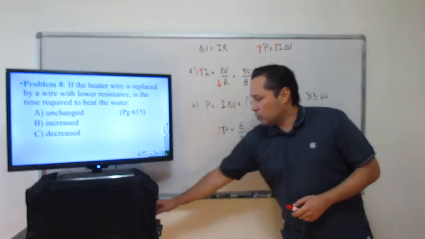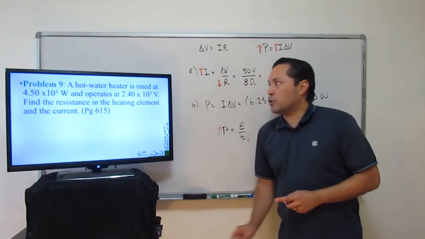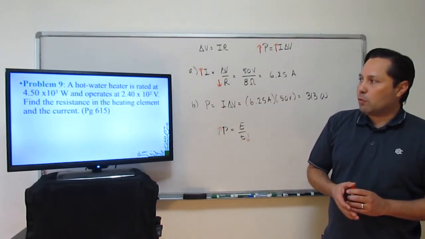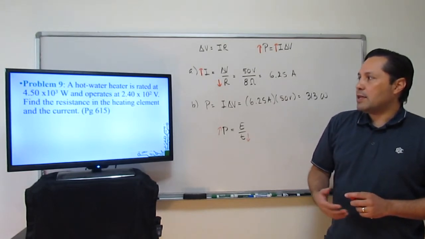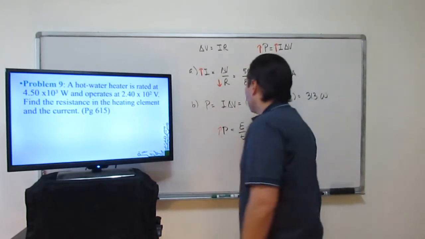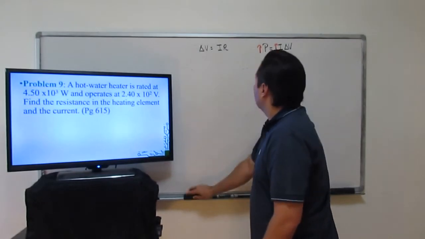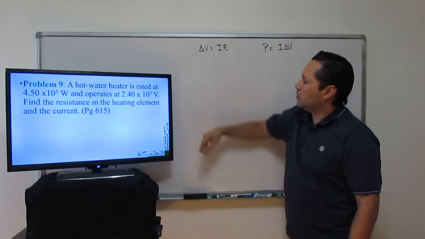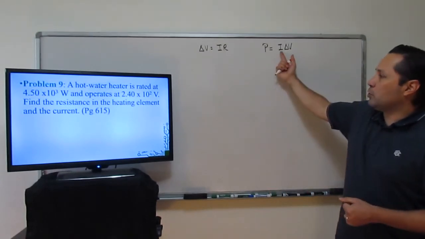Alright, let's move along to our next problem, problem number 9. And this one says a hot water heater is rated at 4.5 times 10 to the 3 watts and operates at 240 volts. Find the resistance in the heating element and the current as well. Alright, so let's get rid of these arrows and solve this problem. Alright, so we're given here the power as well as the voltage, so we're going to use